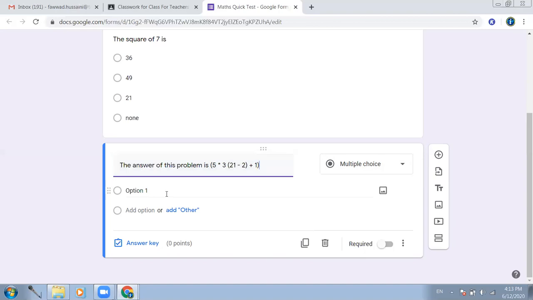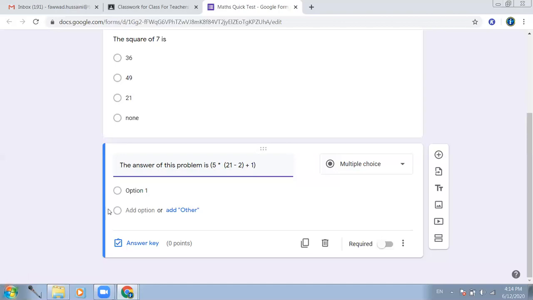For example, here I write a complex equation, not even an equation, just numbers, and they just have to solve it and give me the answer. So for example, here it should be 19, and then 19 should be multiplied by 3, or I should add another bracket to make it a bit easier for them. Instead of making it more complex, I'm just removing it. So there's 19, and then 19 is going to be multiplied by 5, and then I'm going to add 1. 19 into 5 plus 1 should be